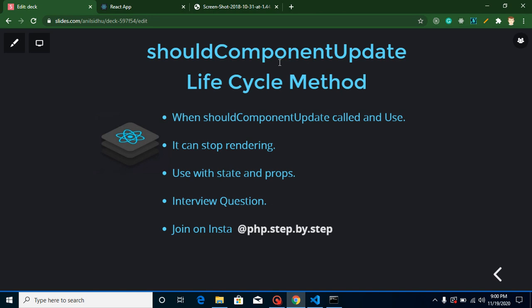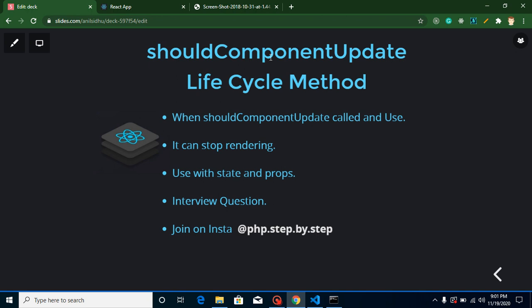My name is Anil, and in this React.js video tutorial we will learn about the shouldComponentUpdate lifecycle method. This is a unique lifecycle method in which you can choose whether you want to update your component or not, and you can see it clearly in the name. It is basically asking you, should you want to update your component or not? If you return true inside it, then it will update your component, else it will not update, right?